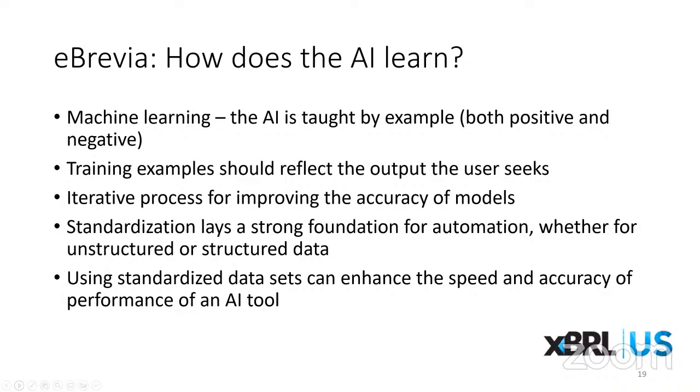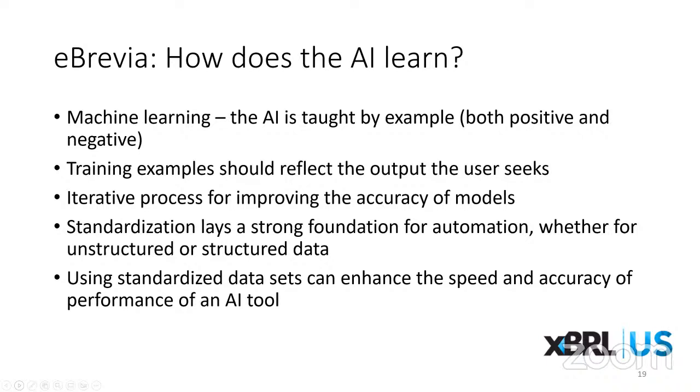wants to review. So, for example, if I wanted to train the AI to pull a specific piece of language out of an employment agreement, I would want to train it using a variety of employment agreements and language therein. But if I wanted to train the system to pull out language, let's say across the board from multiple different types of contracts, then I would need to train the system using a variety of agreements and not just one type of agreement to kind of ensure the system has an understanding of the variation across those document